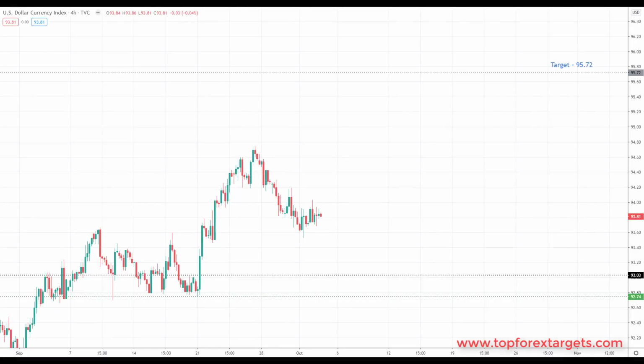Hey traders, it's John Fortune here with this week's Weekly Forex Forecast for the 5th of October to the 9th of October 2020. As always, we're going to start off by looking at the US dollar index and crude oil before running through a number of markets, looking at the key levels of support and resistance in the process. I'm also going to be highlighting some of the targets that we're going to be looking for in this coming week and also for future weeks.